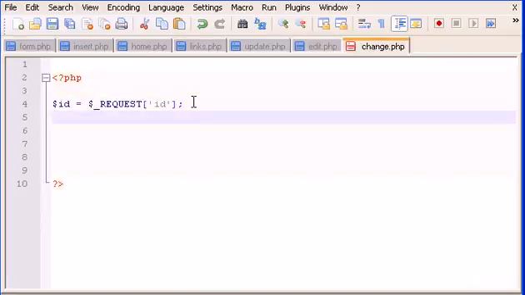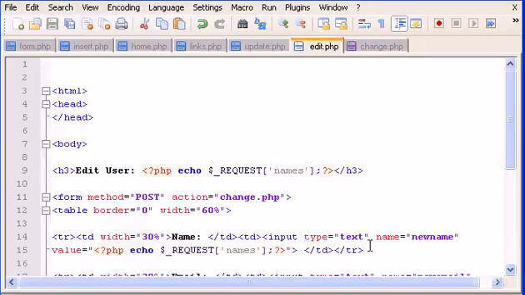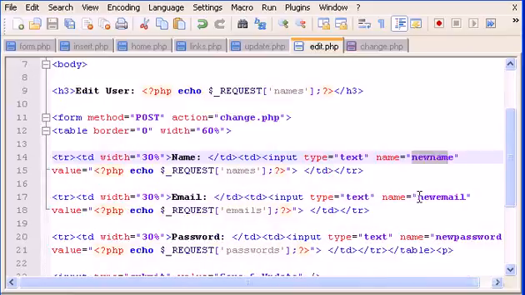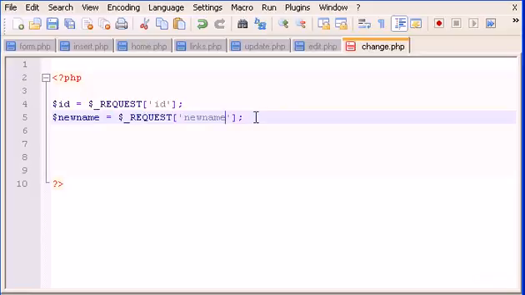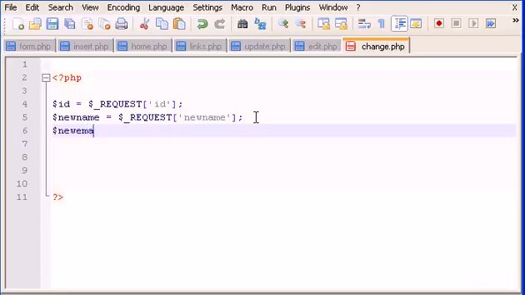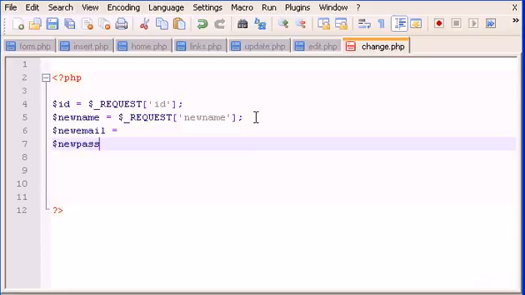So ID, next is name. So here I'm going to type new name equals request, and here we have to type the name that we typed in here. New name, new email, and new password. So new name, now new email, we can type the other new password,